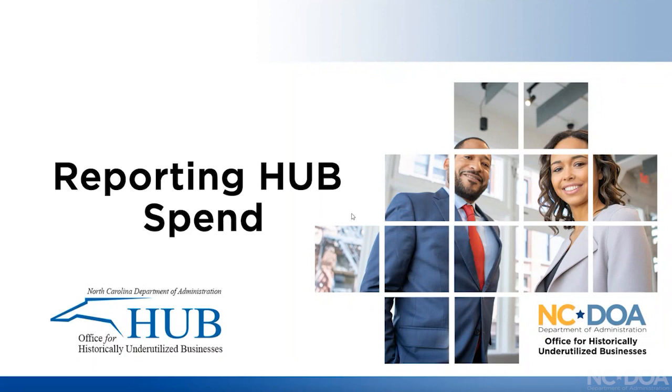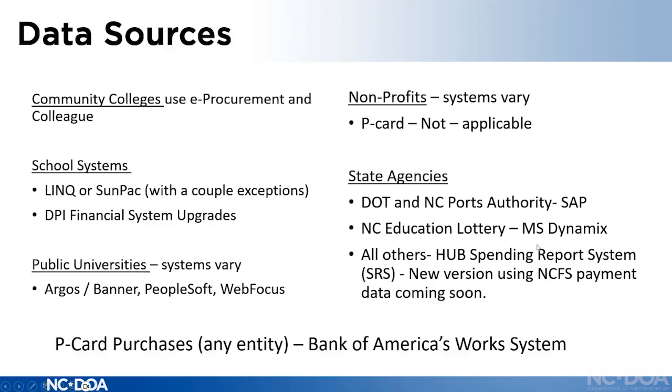All right. So we'll move on to reporting hub spend, and we'll look at a little bit about data sources. Community colleges use e-procurement and Colleague. I think there might be some move underfoot for some updates to Colleague, but I don't think that they're out there yet. School systems typically use Link or Sunpack. There are some exceptions to that. Some people have their own systems or a different system, and some people use the DPI, Department of Public Instruction, financial system upgrade